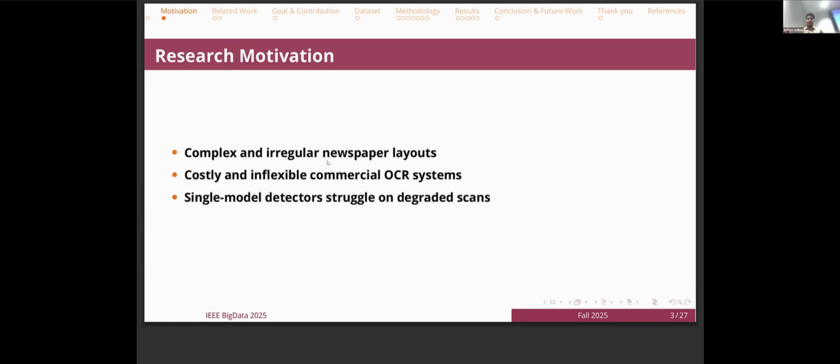Commercial OCR systems like AWS Textract do offer a baseline, but they become increasingly expensive at collection scale. Moreover, importantly, they are difficult to tune, and their proprietary nature limits reproducibility, which is critical in archival context. Finally, single detectors, even powerful deep learning detectors, tend to fail in this domain because they